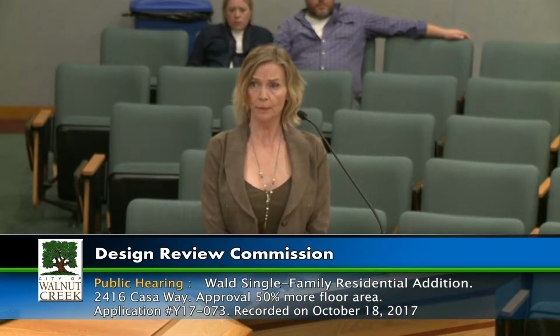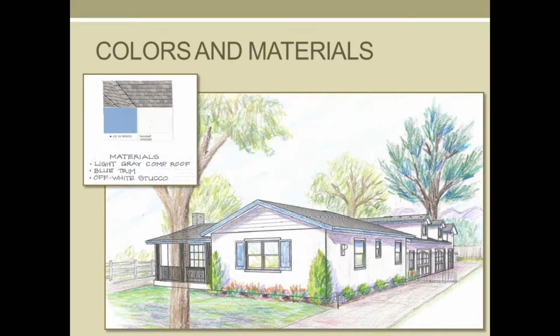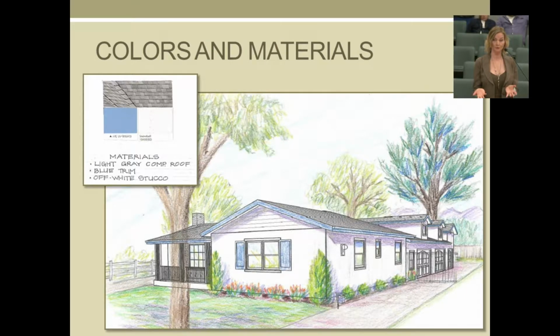And then you said that the owner's on a budget and wants to build this thing efficiently. And I'm assuming that the dormers are there just to get light into the garage down below. Not only, he'll also be able to put some storage up there. Okay, so in order to build that with the beamwork and the extra flashing and the roofing and everything, it just seems like an awful lot of extra work if it was only for light. Well, we're trying to get it to pass through design review, and